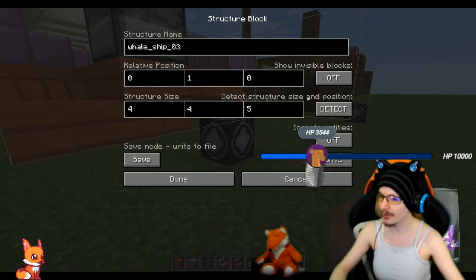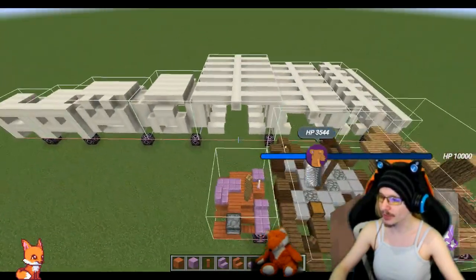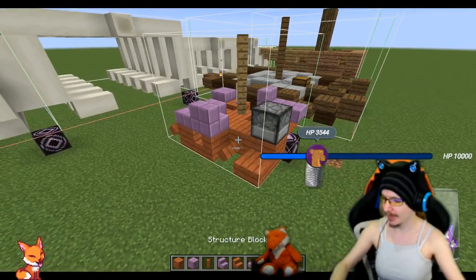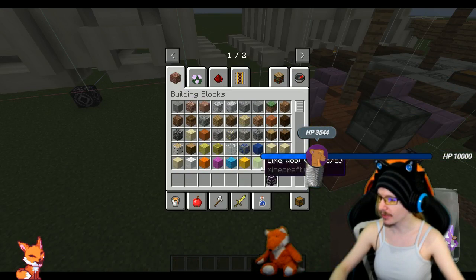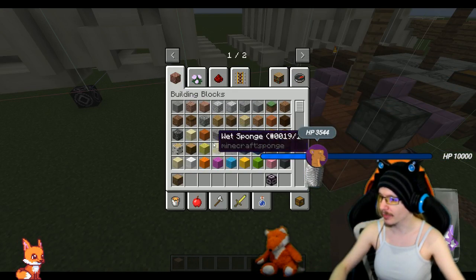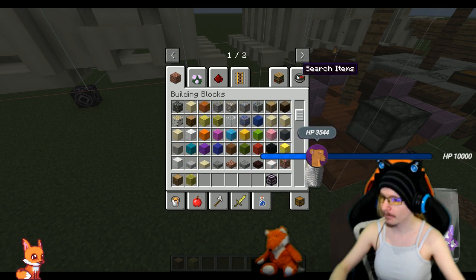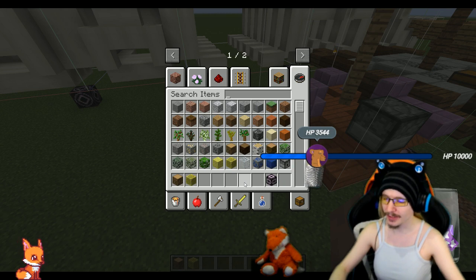We can turn that off now. Okay, so there's our ships, all good and dusted. And now we need just some flotsam and jetsam. So this can be all manner of bric-a-brac. So let me see, I'm going to need...